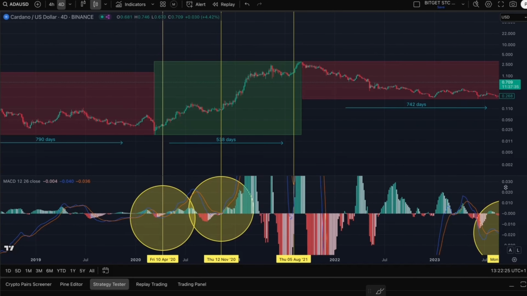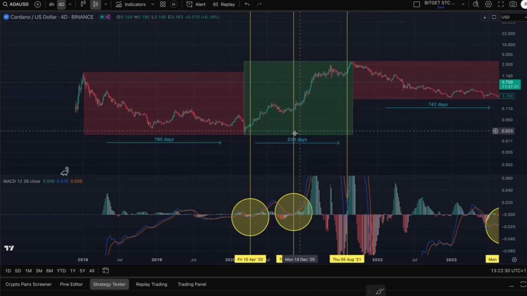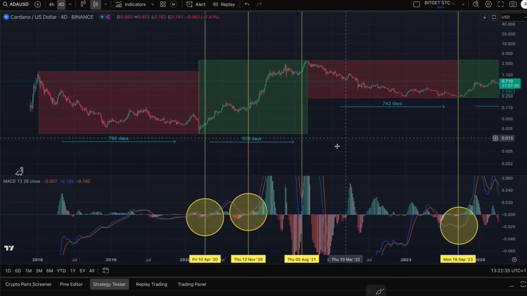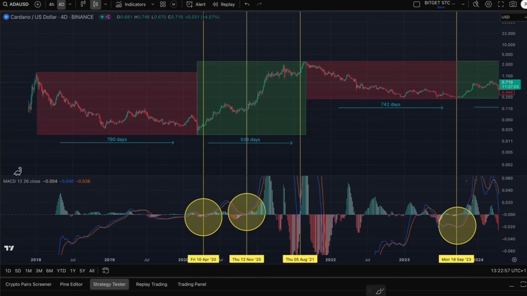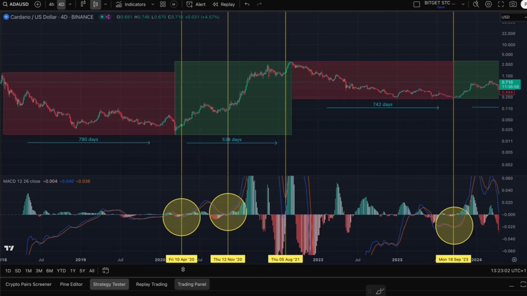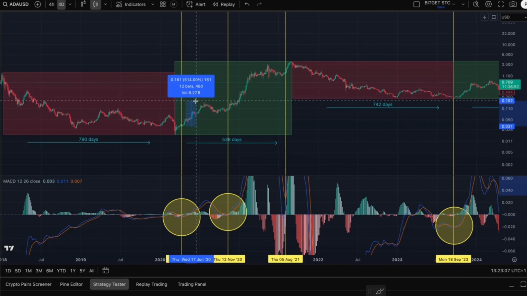Now, I'm not taking into consideration the MACD crosses that occurred during the bear market, only those that occurred during the bull markets. And this is significant because I'm not interested in those moves that occur in bear markets because they don't have the propensity, the power for upside action in the same sense that bull markets do. So looking at this one on the 10th of April 2020, we had this MACD cross, and what followed essentially was this large move up until 0.175, roughly